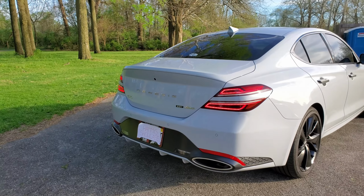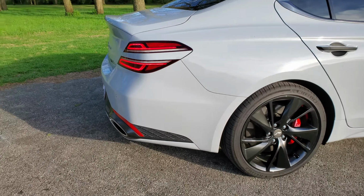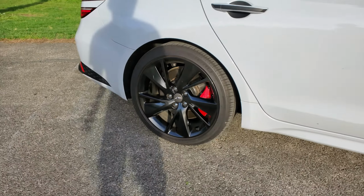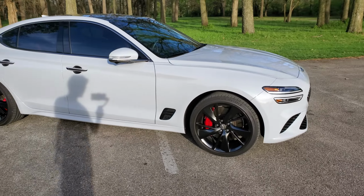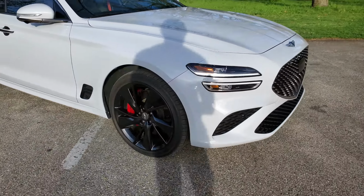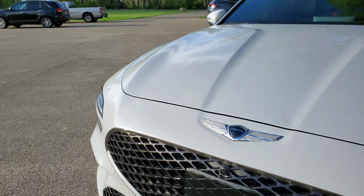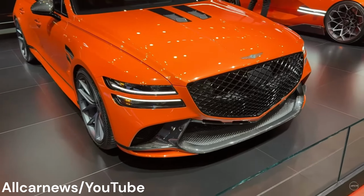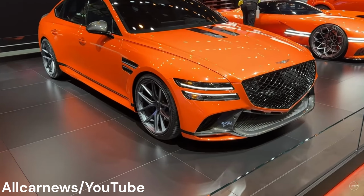And they have confirmed that they will be releasing a MAGMA edition of every vehicle in their lineup. So what that means, unless they discontinue the G70 in the next few years, is that they will be releasing basically an AMG version of the Genesis G70 that we can expect sometime in the future. They have already released a MAGMA version of the G80, which is currently only for sale in the Middle East, which kind of sucks. But yeah, I am super excited for a potential MAGMA version of the G70 in the